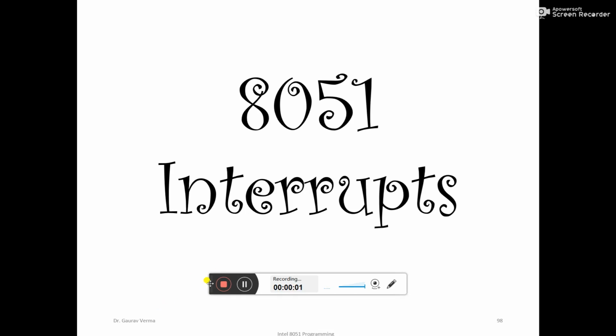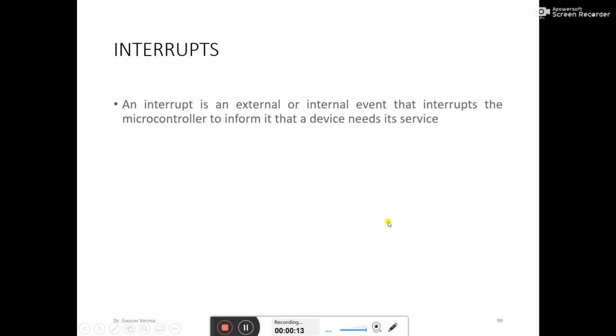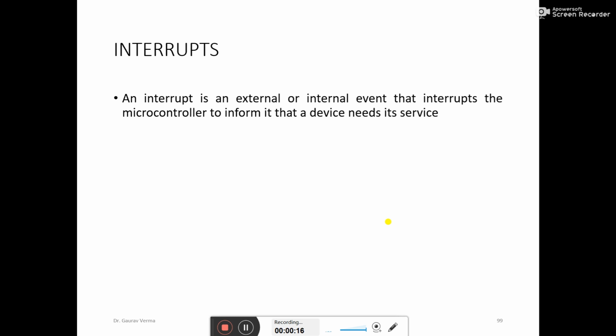Hello students. So now let's discuss the 8051 interrupts, and let's find out how we can make use of interrupts in our 8051. Basically, interrupts are the unwanted signals which a microcontroller gets from its hardware or internal software. So an interrupt is an external or internal event that interrupts the microcontroller to inform it that the device needs